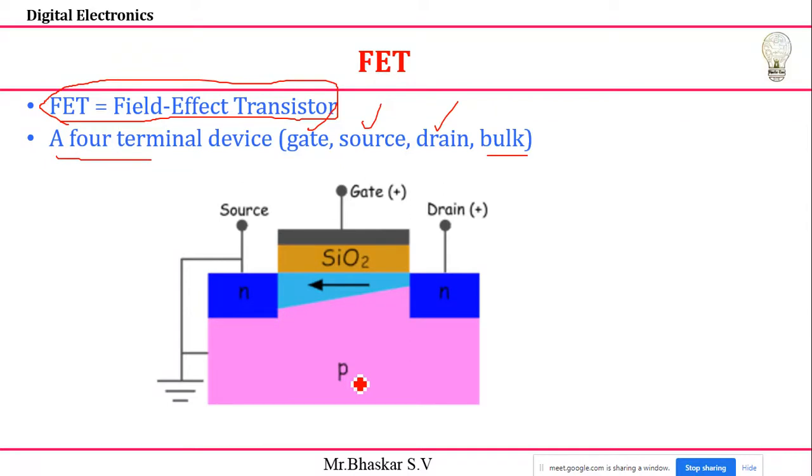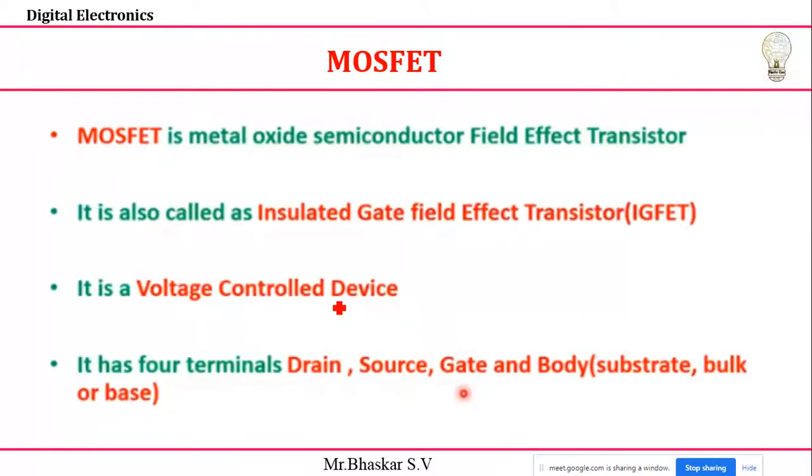When it comes to a BJT, we know the emitter, base, collector. Similarly, in a field effect transistor we have the terminals source, gate, and drain. These are the terminals of my FET. And one more, you have a bulk, which is also called a substrate. The type of FET may be N channel or P channel. Generally, we are going to classify it, and it totally depends upon what type of material we use inside the field effect transistor. Let's move on to that.